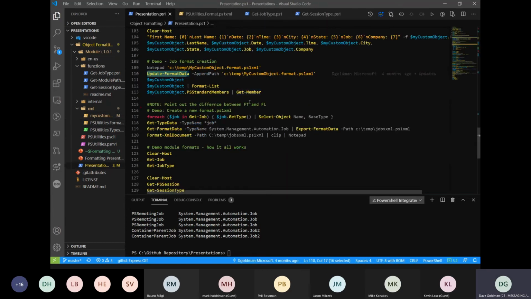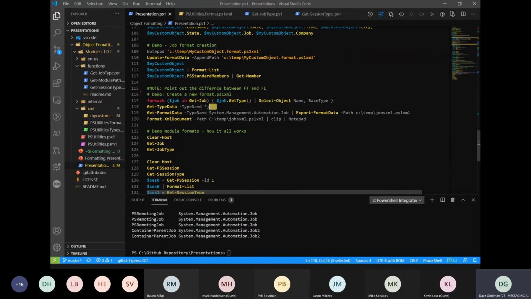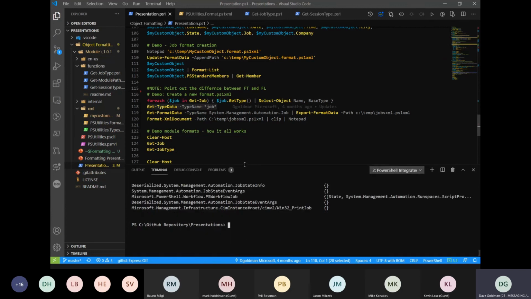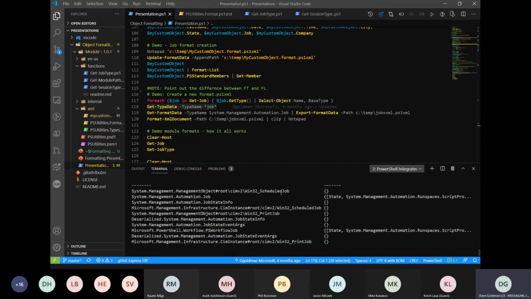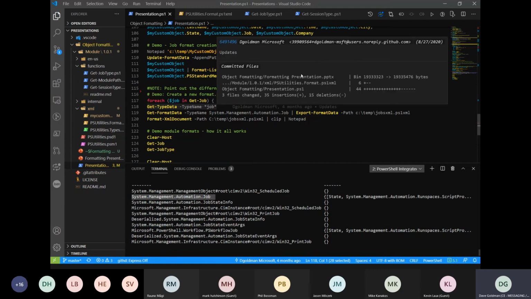All right. So what I'm going to do is run the command get type data. Since we're working on a job object, I want to dump out all of the job objects. By doing get type data, you can do this for any type, and it will dump those out for you. What I'm really concerned about here is the management automation job.